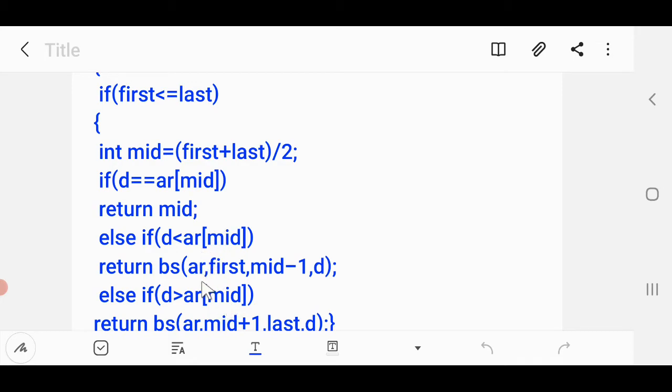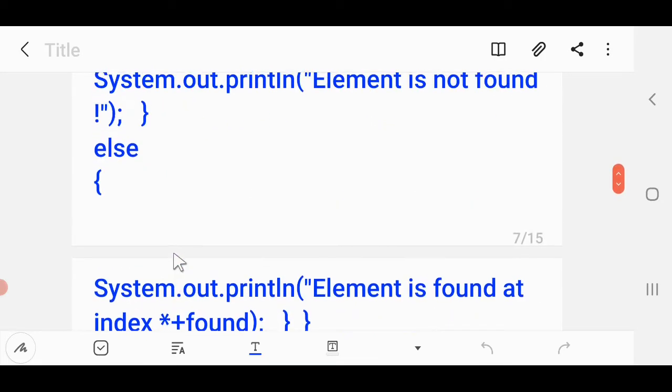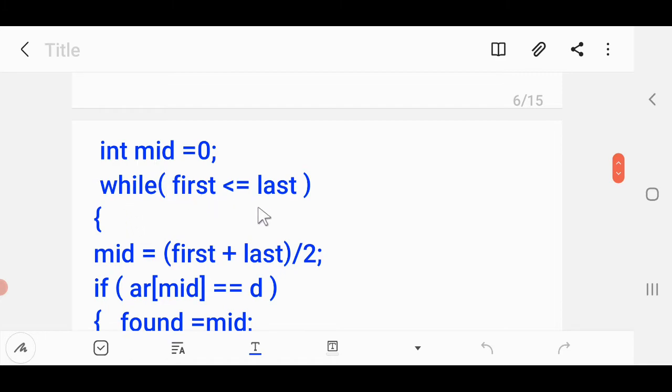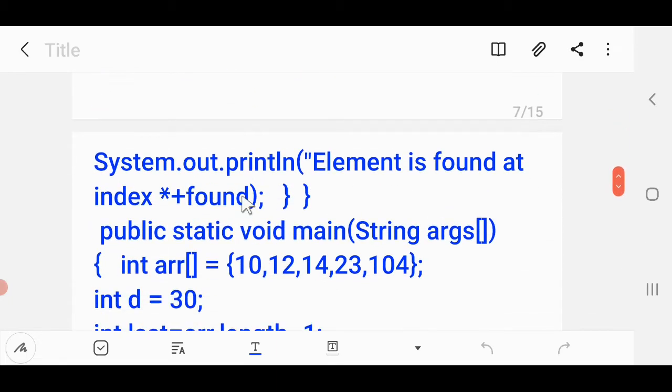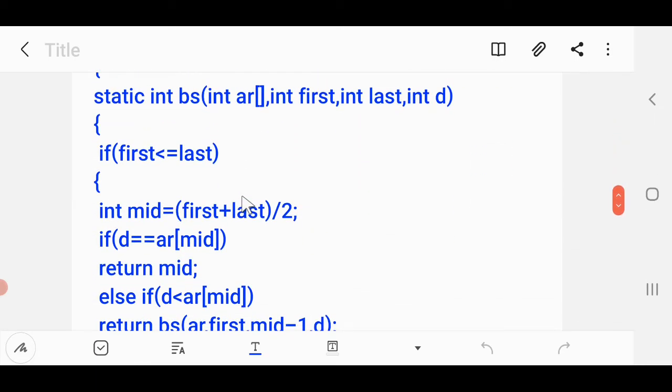That's fine. After that, students, I'm going to tell you, if you look at the test expression of the loop, that is first less than or equal to last, the same test expression I will write here in the recursive function. And you can see here what is written: if first less than or equal to last.